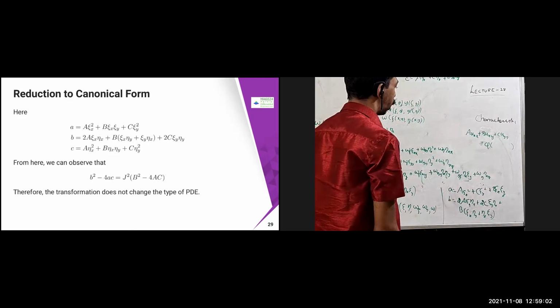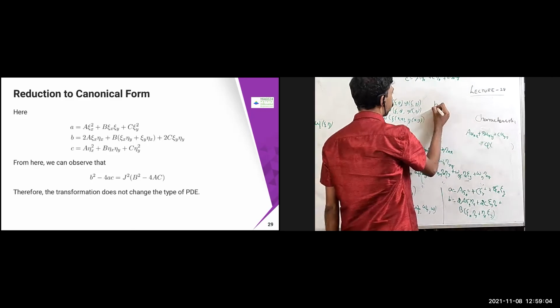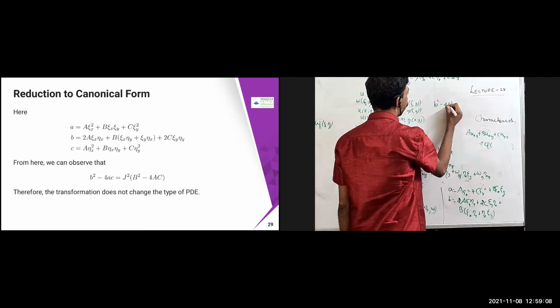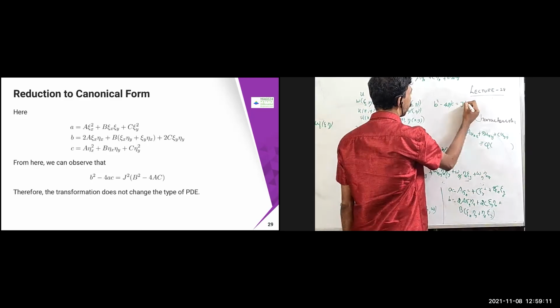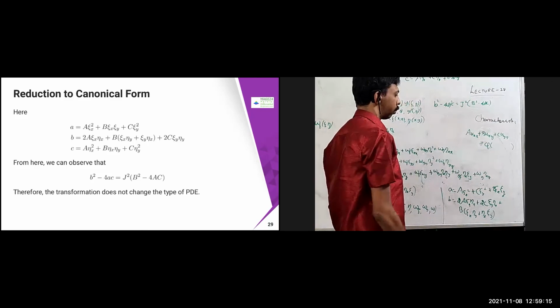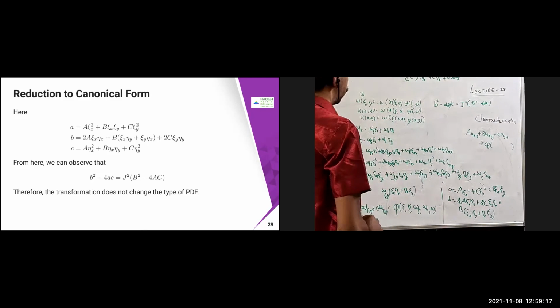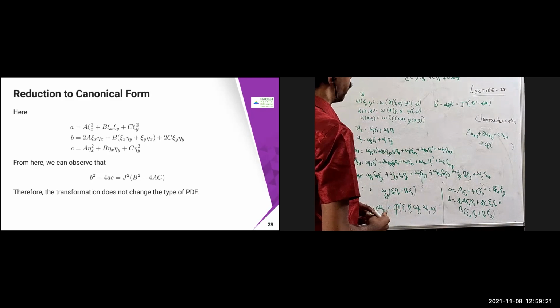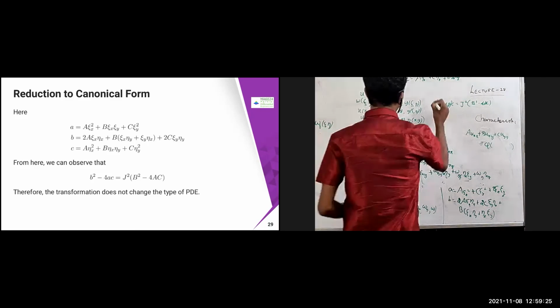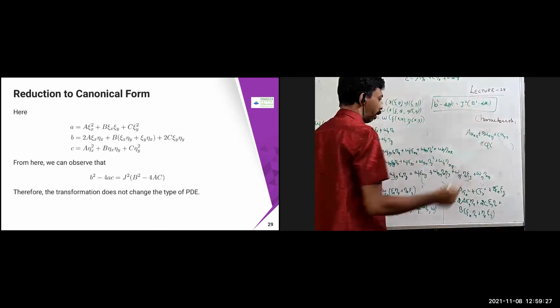So if you just find what is your b square minus 4ac, your b square minus 4ac is going to be, sorry, b square minus small everything, 4a is the same thing as j square into b square minus 4ac. Okay, this you can observe very easily if you calculate that. You can simply verify this one. What j is, I have already given.